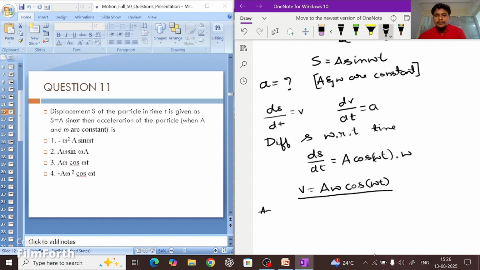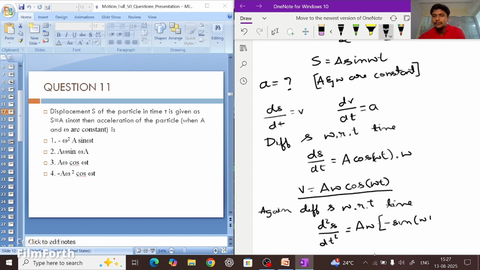So again differentiate S with respect to time. So we get d square s by dt square is equal to A, which is constant, omega is also constant. If we take the differentiation of cos omega t, it's minus sine of omega t into omega. So we get